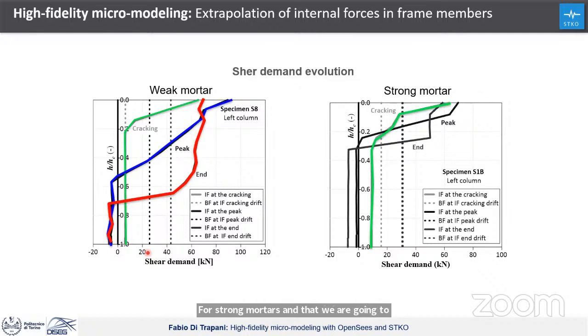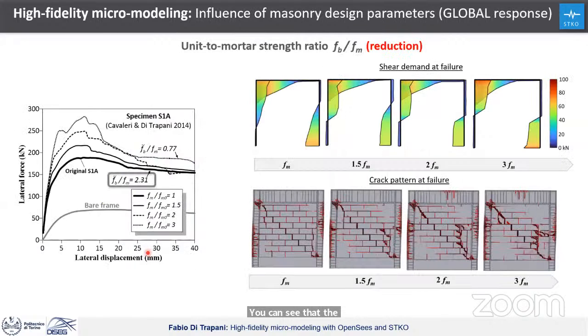towards diagonal crushing, for example, you can see that the shear demand is more localized at the end of the column. So this is very interesting to see what happens by changing the ratio between the strength of the units and the strength of the mortars. For example, here we are starting from a